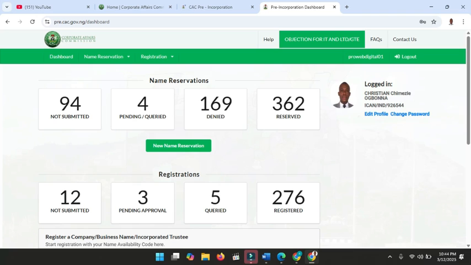The dashboard is divided into two parts. The first part is the name reservations section, while the second part is the registration. So if you want to carry out name reservation, it is being done through this part here. Under the name reservations, you see this power button, new name reservation. So this is where you will carry out your name reservation, and you can track the progress of your application